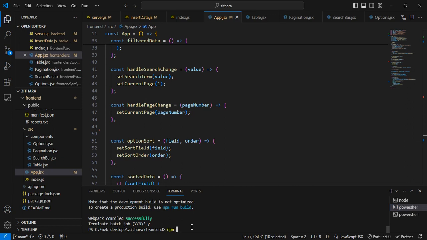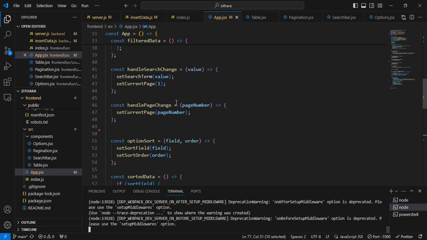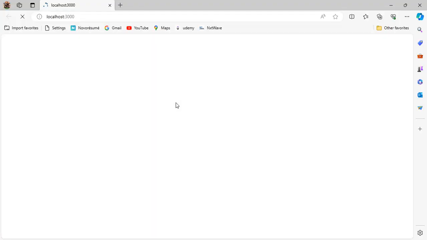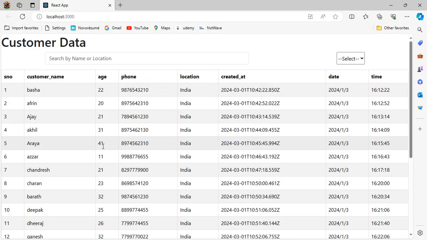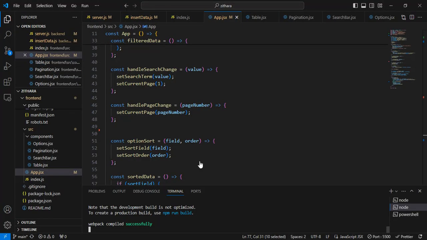Npm start. Okay. Whenever searching in the text field, any alphabet can be entered and the matching data will be returned. The number of pages can be displayed accordingly. If I enter B, only four records are stored, in one page. So that's why we are using here